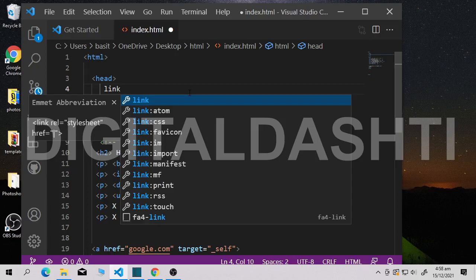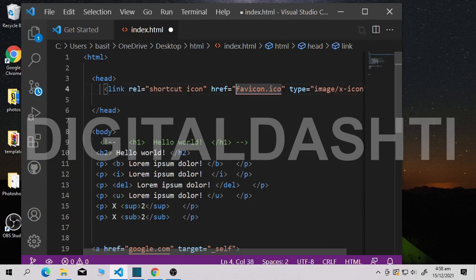Now this is link favicon. I just press enter and it will write so many things itself, so it does not need anything. If you're not using Visual Studio, you will have to write each and every piece of code manually.